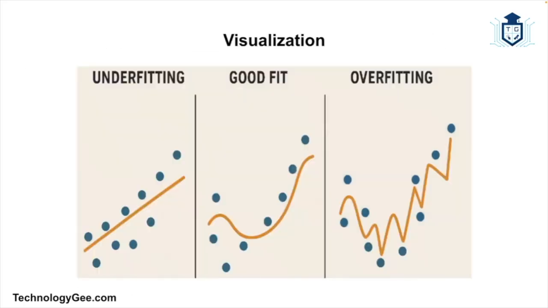Now let's try to make all of this make sense real quick. When it comes to underfitting, what you're going to get is a straight line that is trying to fit a curvy set of points, yet it misses the mark entirely. Now, if you want a good fit, this is when you have a smooth curve that flows nicely through the data. And when it comes to overfitting, you're going to get a crazy zigzag line that hits every point perfectly, even the weird outliers. Now, the one that you want is the middle one, because that is the one that accurately represents the data the best.